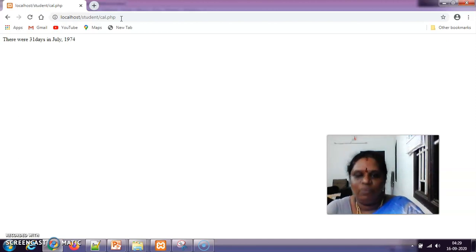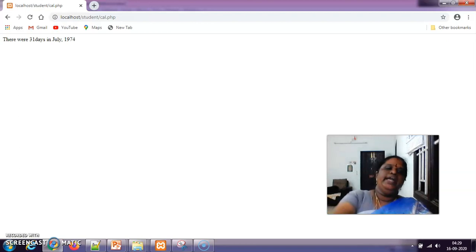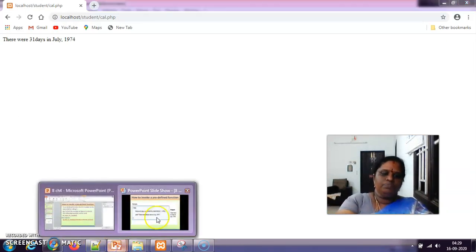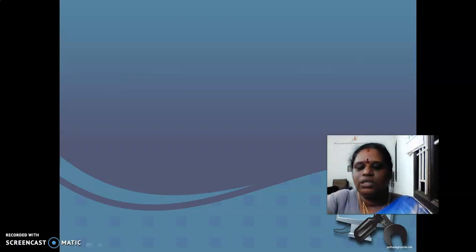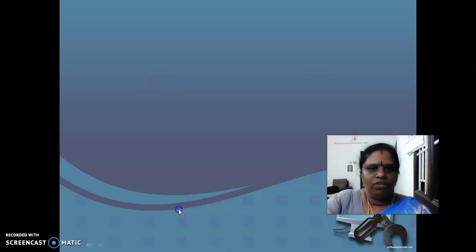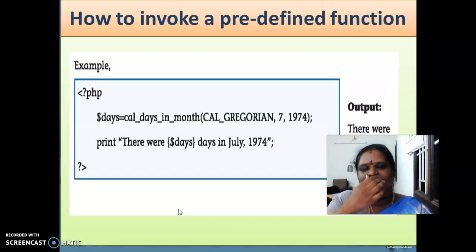Yes? We got the output. So, function with parameters, function with return values, normal function and function with default values, everything we saw, and about the predefined function, how to execute the predefined function. So everything we saw. Any doubt in these functions? Children, any doubt in this function? I hope you are clear with the functions, right? So everything is over in functions. If you are having any doubt, ask me again, children.